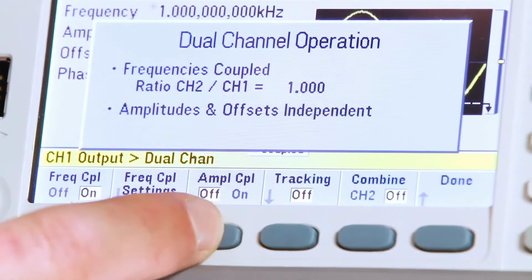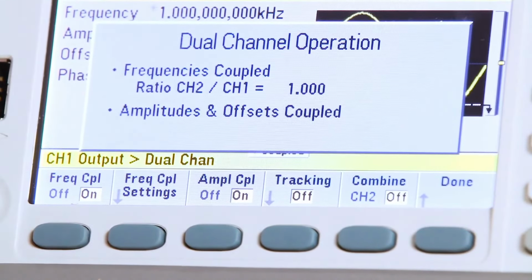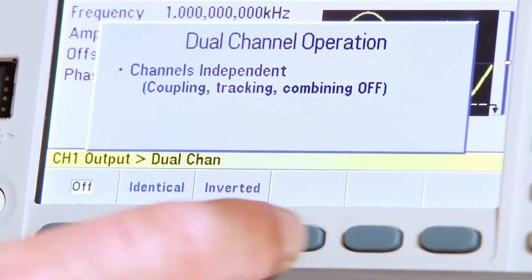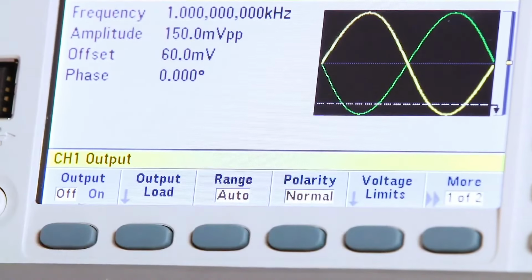TrueForm function generators also allow you to create a single pulse, a burst of pulses, or a steady pulse train with high bandwidth, up to 100 MHz. Most DDS-based generators offer reduced bandwidth when generating pulses. TrueForm function generators produce higher harmonic content, allowing for rapid transitions. Like a dedicated pulse generator, edge times can be set independently down to 2.9 nanoseconds, which is twice as fast as a typical function generator. Channel coupling simplifies the operation of a two-channel function generator. Both channels can be controlled with a single parameter for phase, amplitude, or frequency, making it simple to create differential or tracking signals. The phase between the channels is also adjustable.